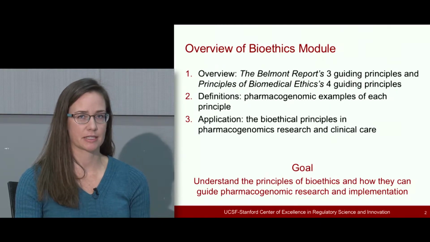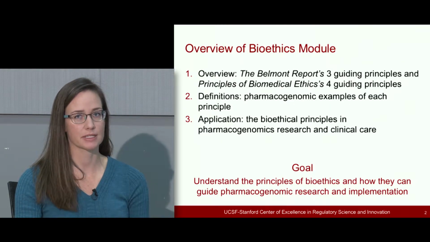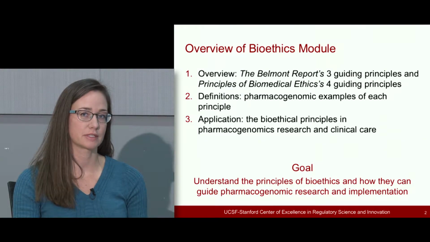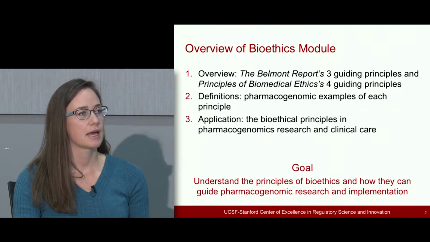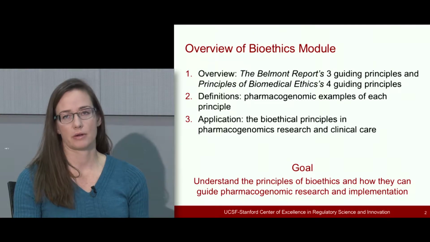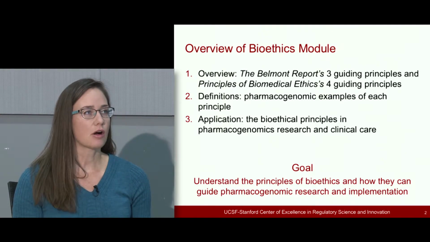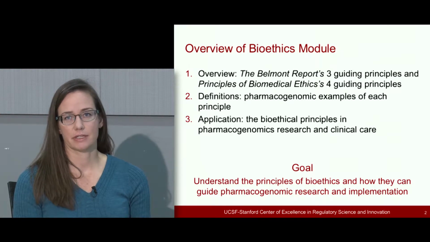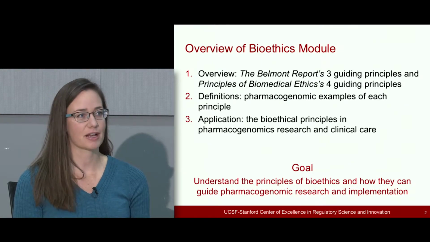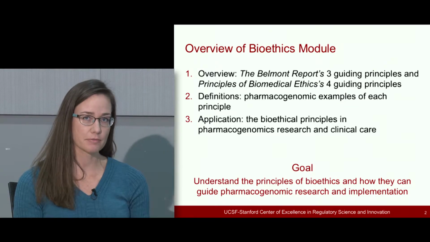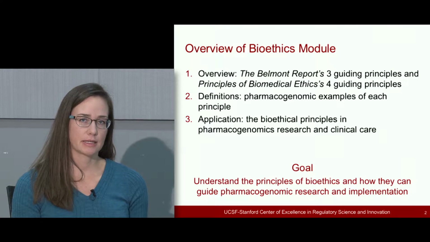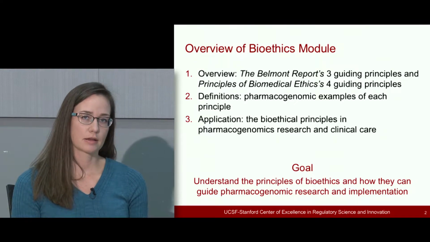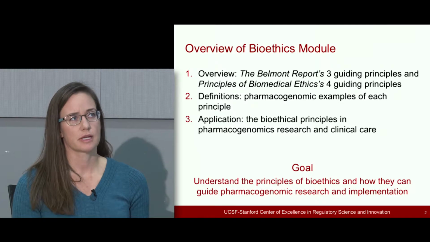So within all fields of medicine, including pharmacogenomics, it is important to consider the ethical implications of the decisions that we make, both in terms of designing an experiment and executing it, communicating the results, and then delivering care within the clinic. So considering all of the possibilities of the implications of our decisions can be daunting and a vague process. So today we're going to talk about a framework that you can use to apply to your decisions in designing your studies and in applying clinical care that can help you think about these issues and reach the most